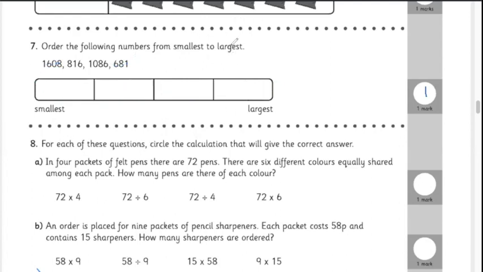Okay, so this one is all about word problems and working out the equation that we need to solve the word problems. If only we'd done lots of work on word problems and how to work out what to do, that would be really helpful, wouldn't it? So in 4 packets of felt pens, there are 72 pens. There are 6 different colors equally shared among each pack. So